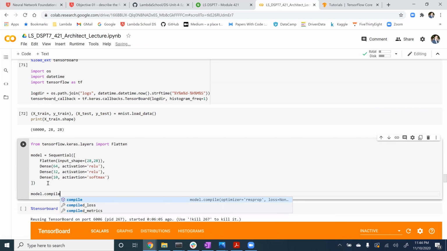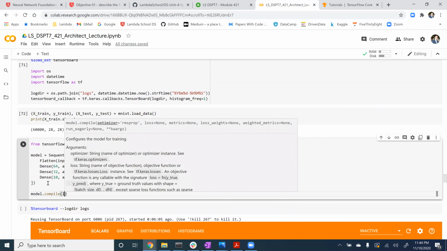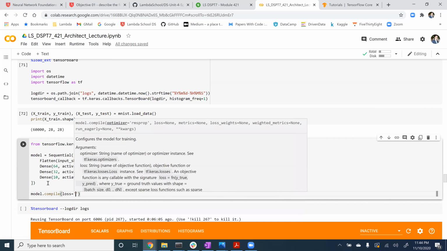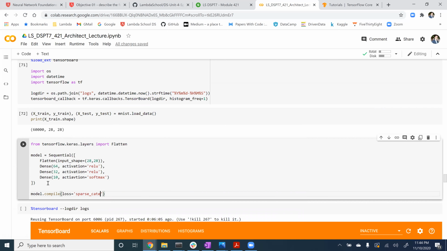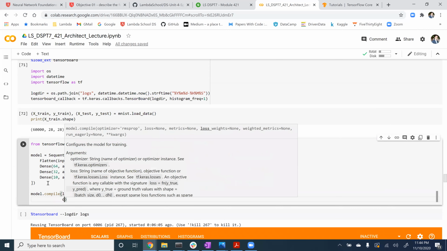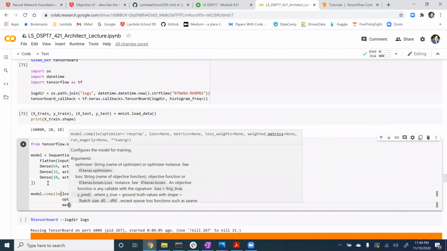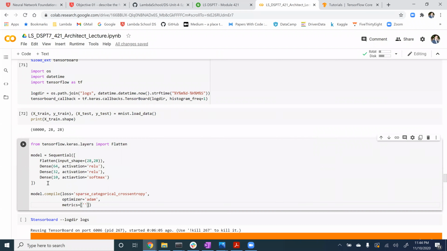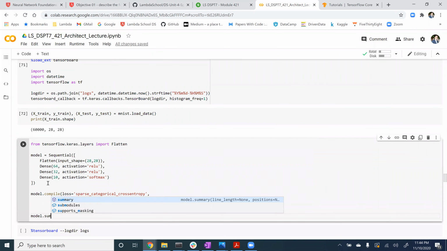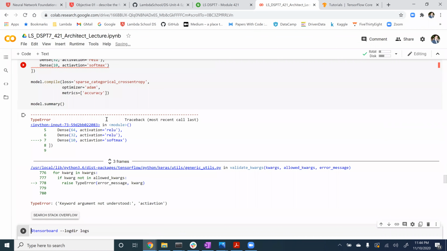So we'll compile this similar to how we did before. Our loss function will be sparse categorical cross entropy, our optimizer will be Adam, and our metrics accuracy. If I print the model.summary here, the one caveat that I'll say